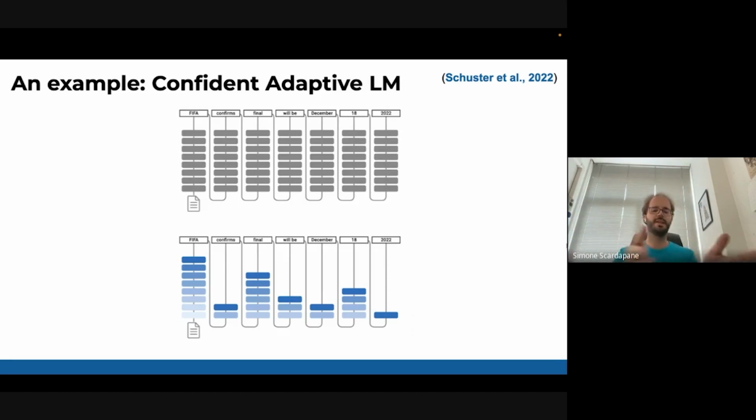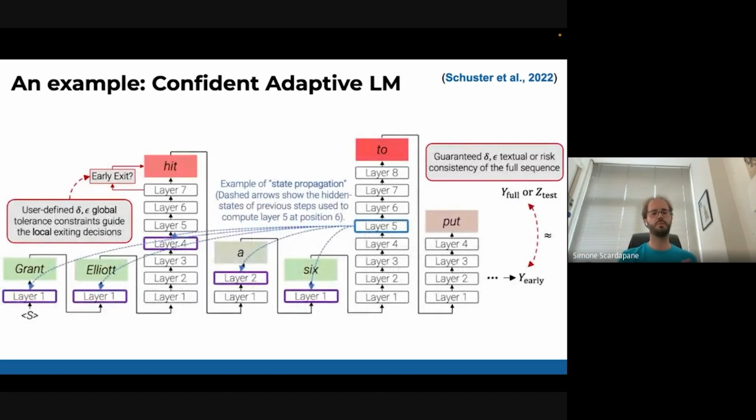And they basically apply the same structure we saw before. So they have a few early exits here. You see this is attached to layer 7. And they have a user-defined threshold that guides when you exit. And this is, I think, 15 lines of code. And if you do that, they got some improvement of 30, even 40 percent in generation speed without sacrificing quality, basically.